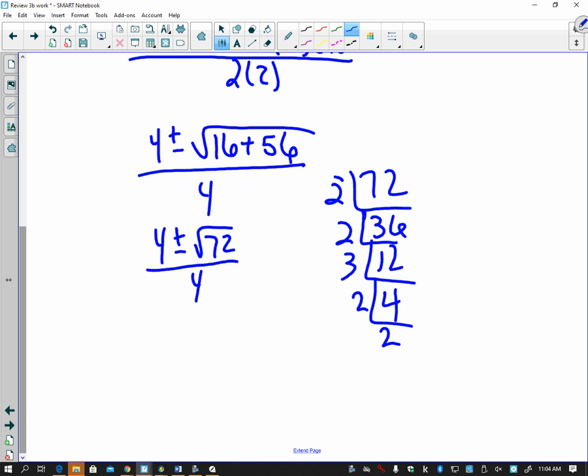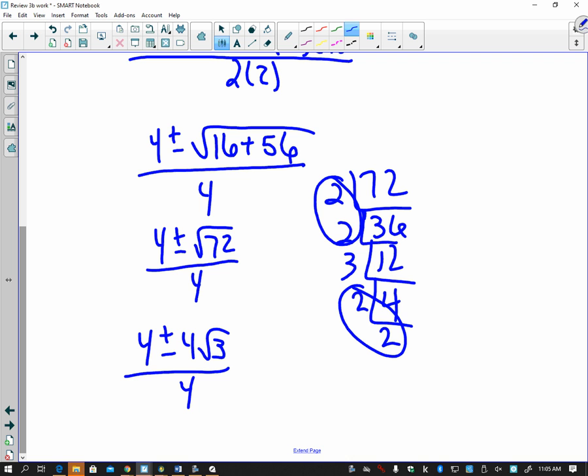Okay. So we've got a pair of 2s, another pair of 2s, and a remaining 3. So I wind up with 4 plus or minus 4 radical 3 over 4, which will simplify, right? Because